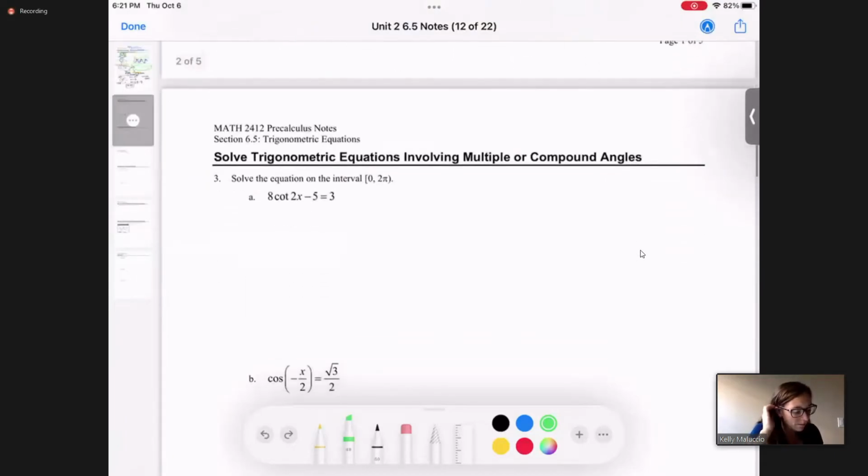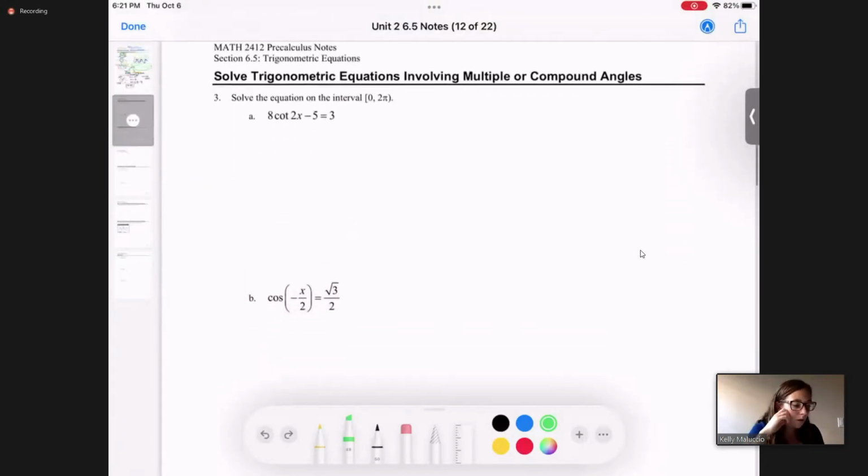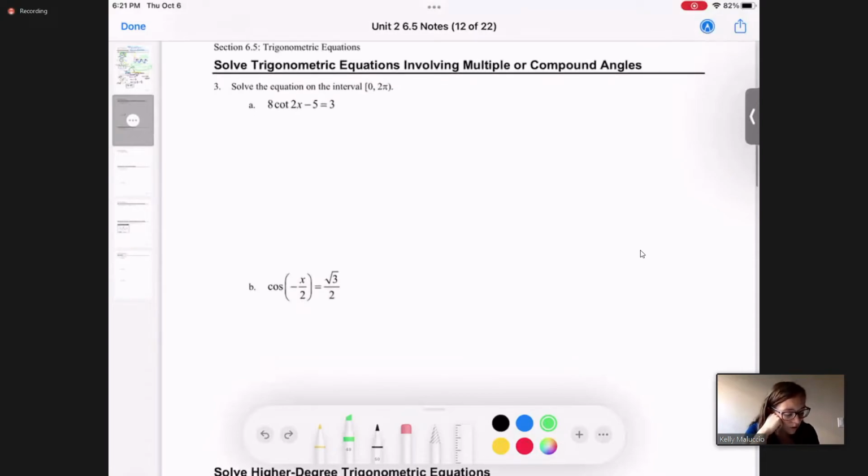So let's do that. We're solving on the interval 0 to 2 pi, and I've got 8 cotangent 2x, whoa, minus 5 equals 3. Okay. This is good that I only see